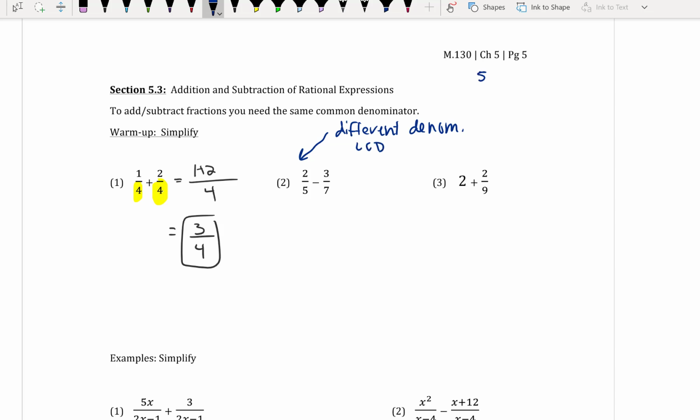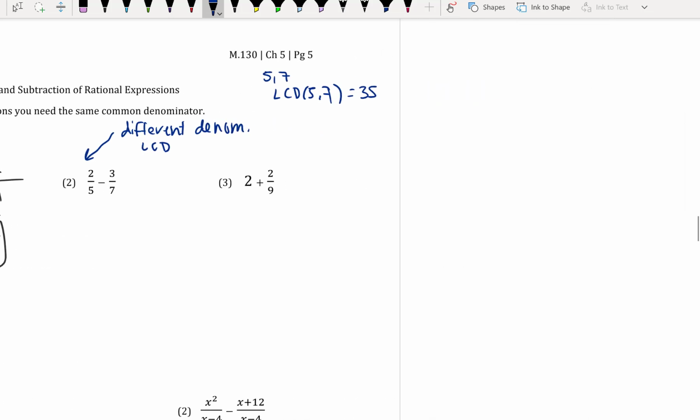So if I have a 5 and a 7, the LCD of 5 and 7, so the least common denominator in 5 and 7, is going to be 35. And you might be thinking, well, how the heck is she getting 35? Well, let's look at our multiples of 5, and let's look at the multiples of 7. I have 1 times 5 is 5, 2 times 5 is 10, 3 times 5 is 15, 4 times 5 is 20, and